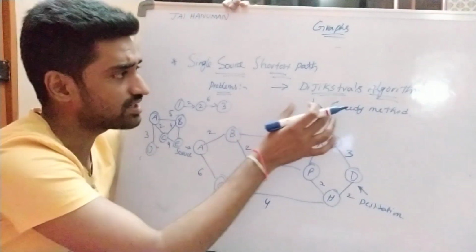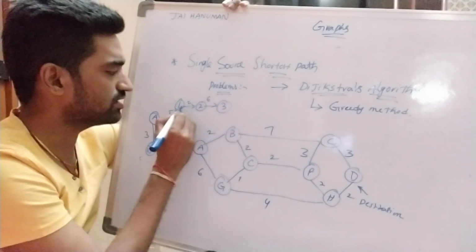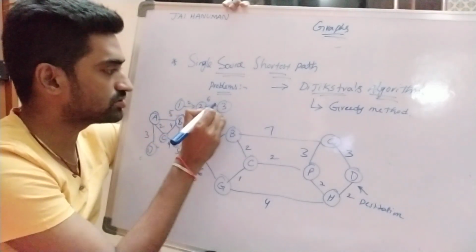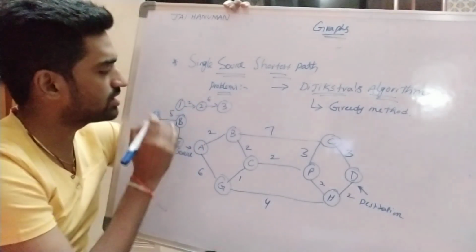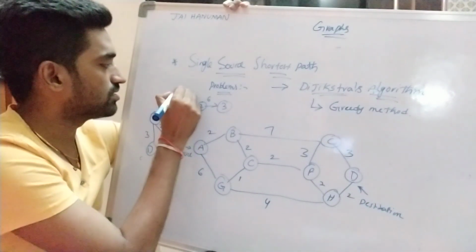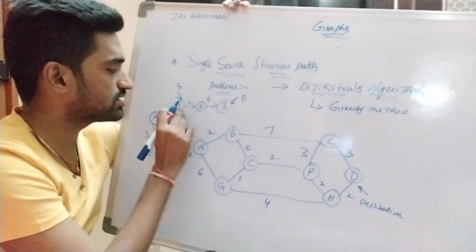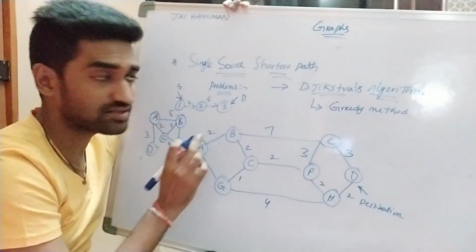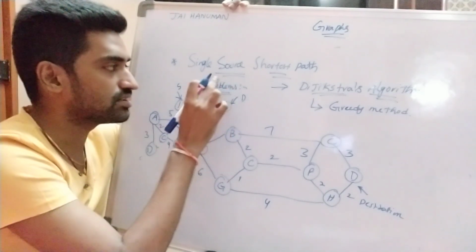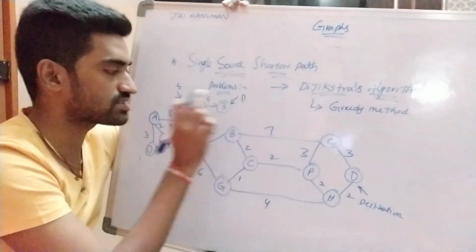For that purpose, here I am considering one simple graph, that is 1 to 2, 2 to 3. Cost from 1 to 2 is 2. Cost from 2 to 3 is 6, right? First of all, I want to find out the distance between this source node and this destination node, 1 to 3. Why? Because this is a single source shortest path problem, so we are finding the shortest path between source and destination.